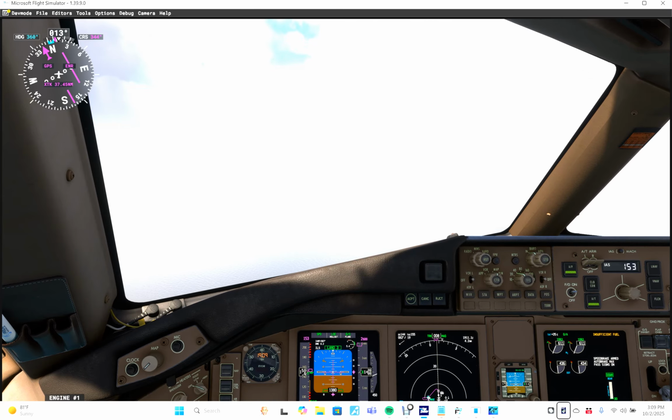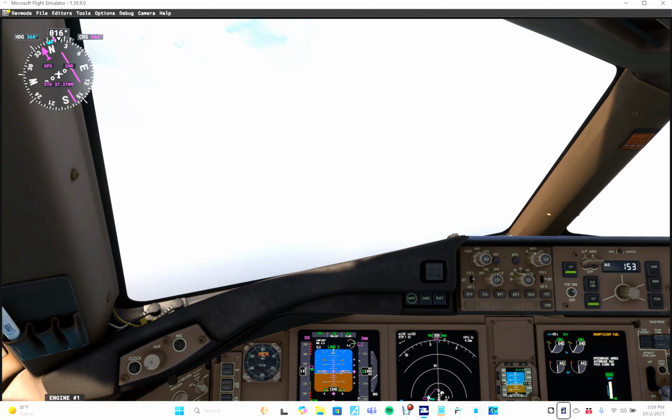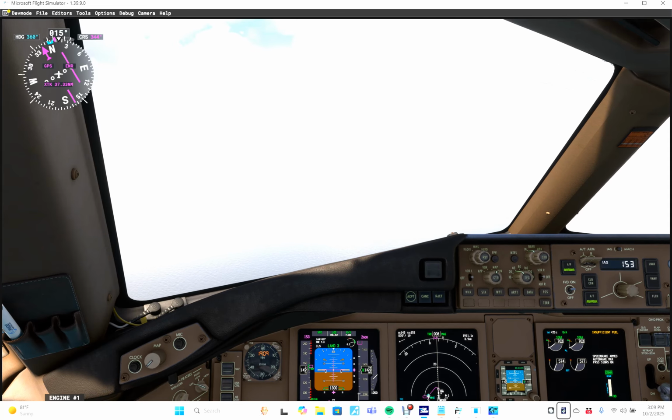Flaps 30. Real quick, one thing the FSO does not do is check off the checklist in the aircraft, so you will hear